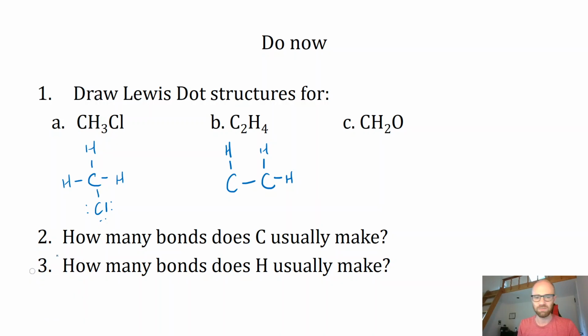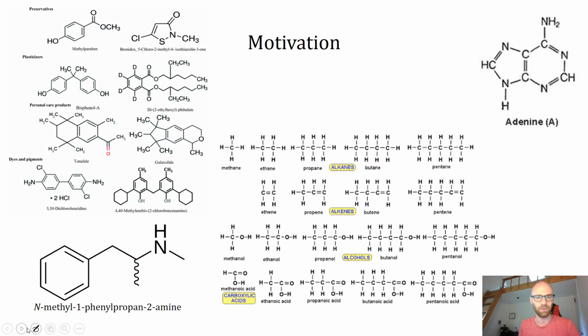But if we tried to move 1 or 2 of them over, this doesn't really help either, but don't forget we do have the capability of making a double bond. And then finally, looking at this structure, what ends up needing to happen is a double bond to the oxygen in this case with its lone pairs, and then again, everyone is stable, satisfied, filling up those valence shells. So looking back at this, the word usually, and in this case we could talk about all 3 of them, it's not usually, it's always, at least in terms of these 3 particles. Carbon makes 4 bonds and hydrogen makes 1, and that's really important to remember going forward because